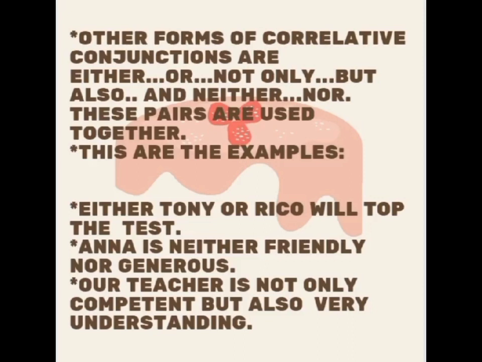Example number 1, either Tony or Nico will top the test. It means the choice is just between Tony and Nico who will top the test. Another example, either Nancy or Betty is paying the bill for this month. Meaning, if we were to choose who's responsible to pay the bill for this month, the choice is just between